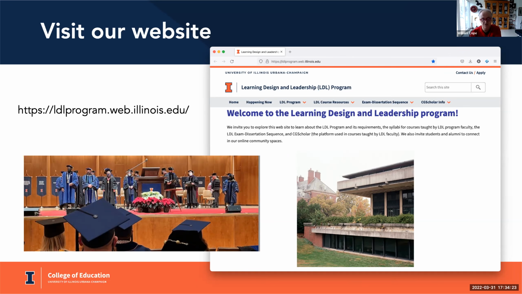Requirements for the EDD program, that's easier to answer, I think. And we'll get back to Amy's question about what we're looking for. So LaShawn has asked us, what are the requirements for the EDD program? Requirements to complete the program are to do 16 4-credit hour courses, of which 6 is the exam dissertation sequence. So 10 regular courses, some of the ones Mary listed earlier, you do 10 of those, including some from other programs. And then there's a 6-course exam dissertation sequence, which is very much focused on incrementally building up what you do in your dissertation.